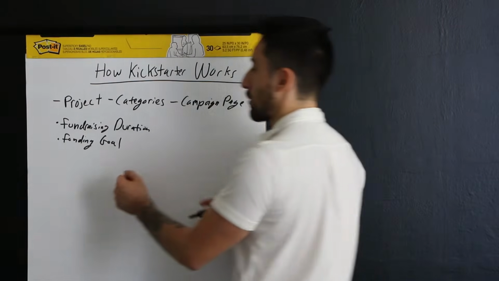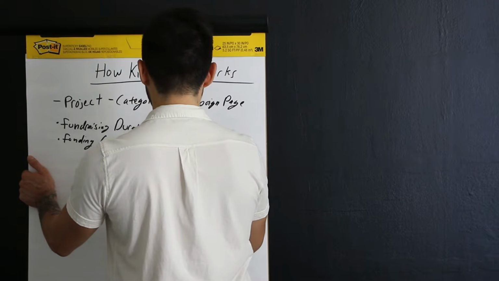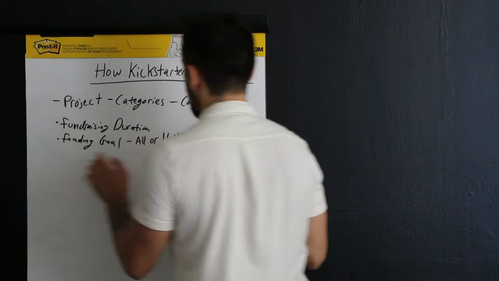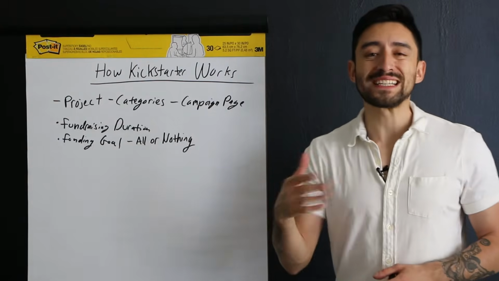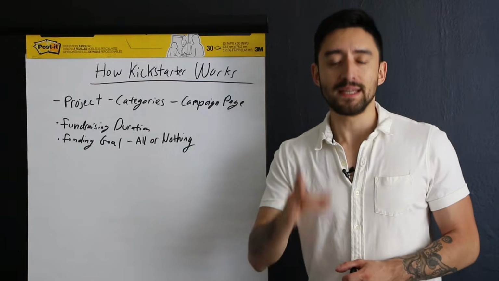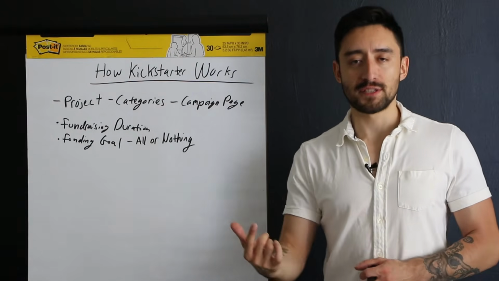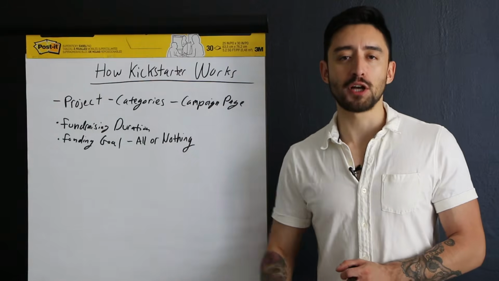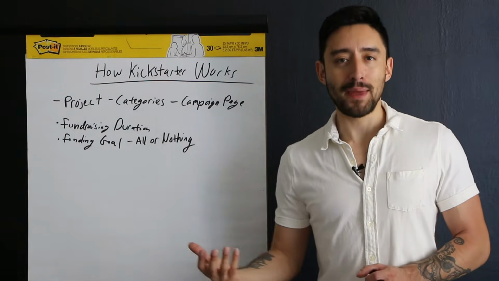When it comes to how Kickstarter works, the funding goal, we're gonna say, is all or nothing. It's called all or nothing fundraising. You basically, as a creator, need to hit or exceed that goal in order to keep the funds that have been raised. In addition, when you hit that funding goal, it signals to all the people that have supported your campaign, which we call backers, people who have backed your Kickstarter project, that you're moving forward with this project and you're gonna make good on it.